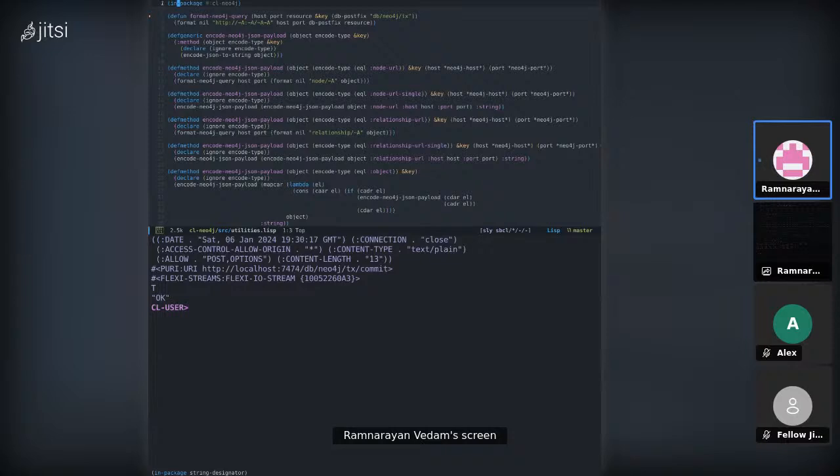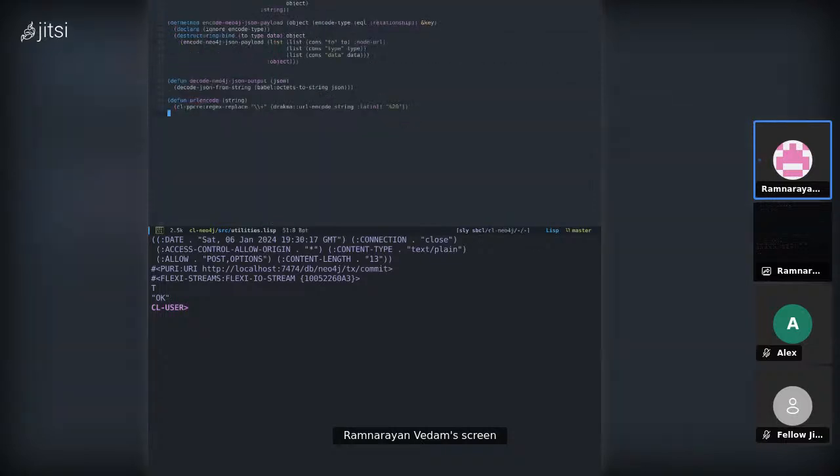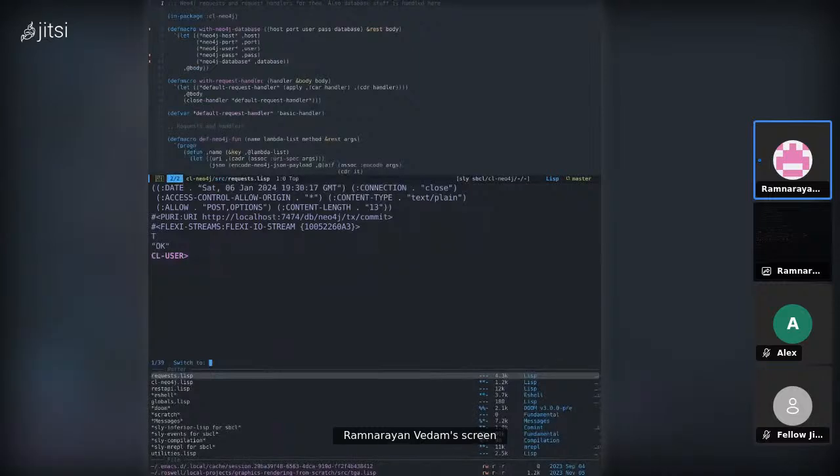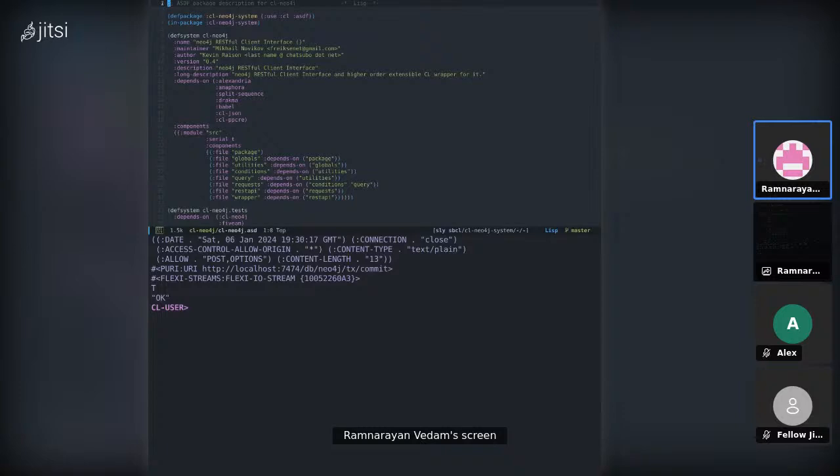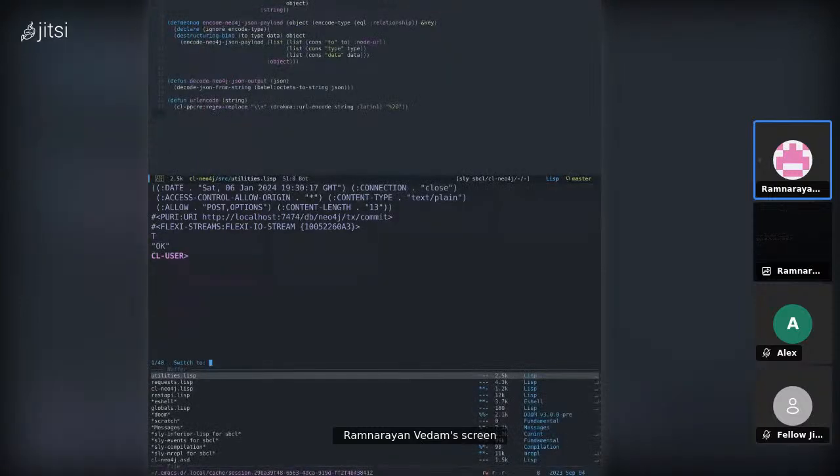What is, okay, this is doing some interesting things that we don't necessarily need to know for right now. All right, so I'm gonna have to do this myself. Okay. First, let me just check one thing, which is in cl-neo4j, what is the JSON library it's using? Because if I need to use a different one, okay, it's using cl-json. Okay. So in here,